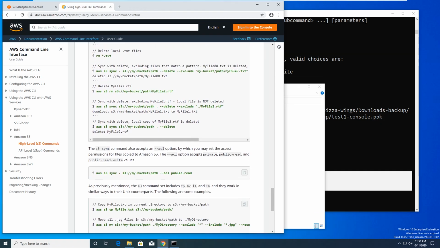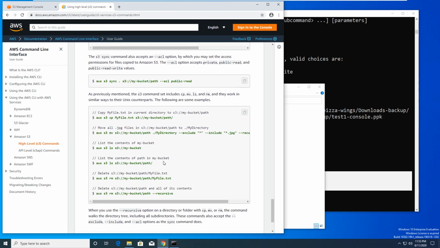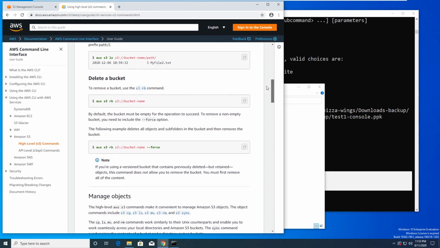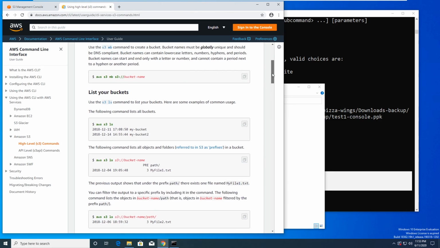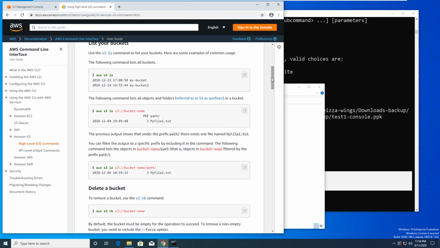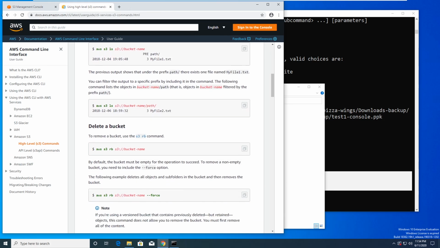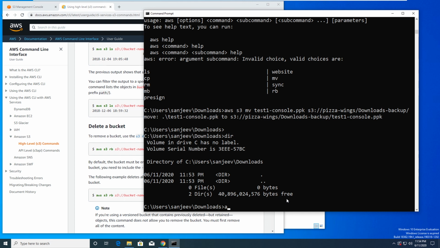All right, and so that's most of the things I wanted to cover. I guess the last thing is let's go ahead and delete our bucket. So that's the final thing to show you guys. And it's good to clean things up when you're just learning so that you don't get unnecessarily charged. So to delete a bucket, it's just aws s3 rb, then the name of the bucket. So we'll do aws s3 rb s3://pizza-wings,